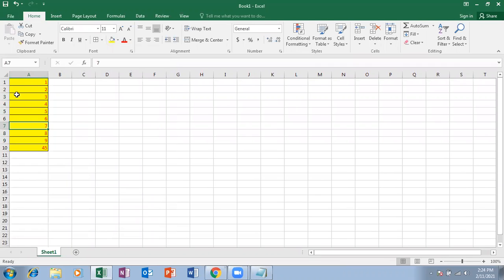So now I have numbers from 1 to 9, and in the 10th cell I have a value 45, which contains a formula, and I'm having background yellow, text color red, and I have increased column width, and I have applied page borders.